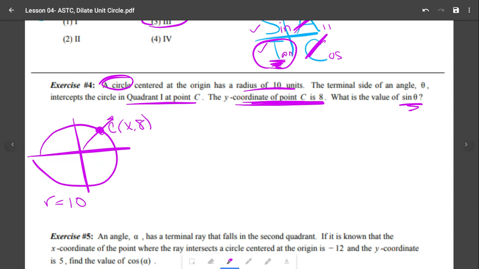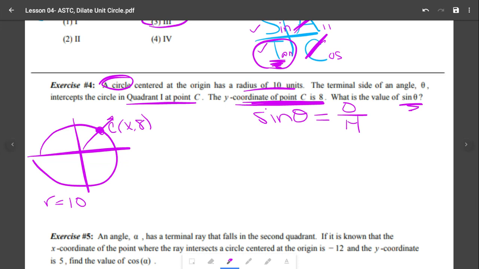Now, anytime you're looking for a trig function, if you think you don't have enough information, it's not a unit circle. If I'm looking for sine, I can't make it my y. Instead, I'm going to have to go back to the basics of trig. SOHCAHTOA. In order to find sine, I'm going to have to do opposite over hypotenuse. And if I'm talking about an opposite and a hypotenuse, it means I have to be dealing with a right